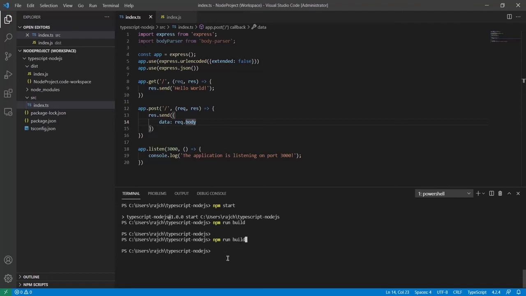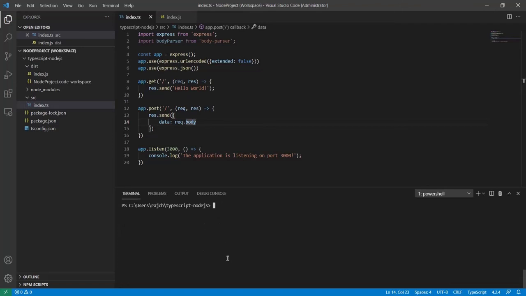Let me clear this. Okay, now let me run npm run build to build this, and now let me run npm start again.